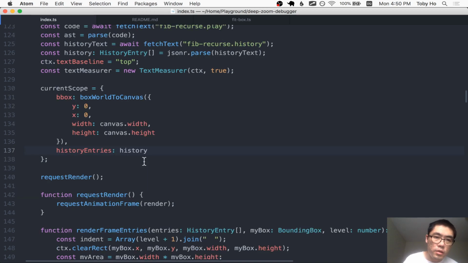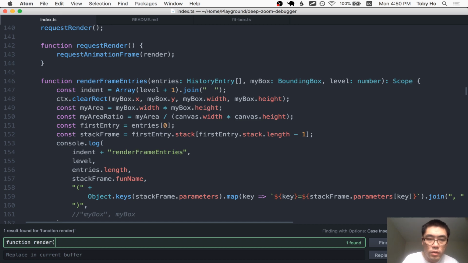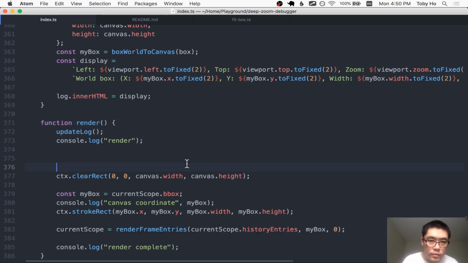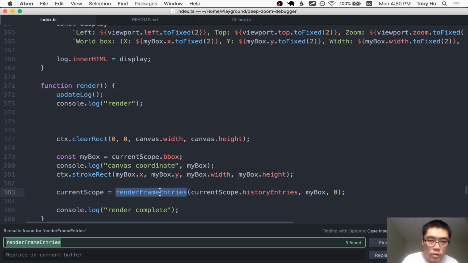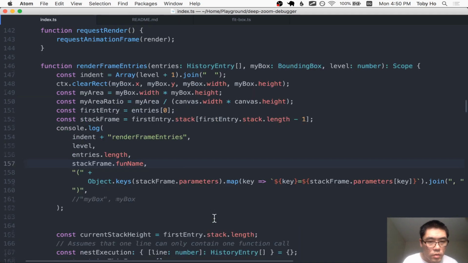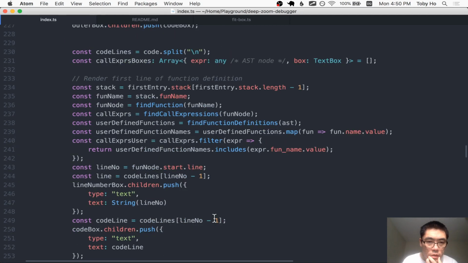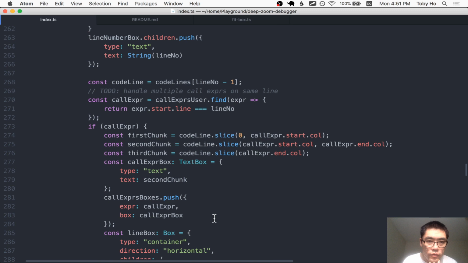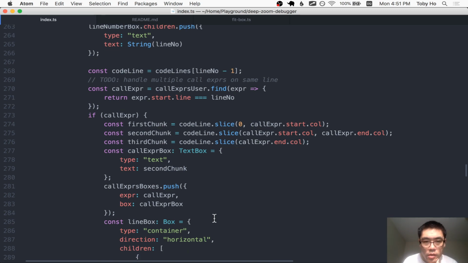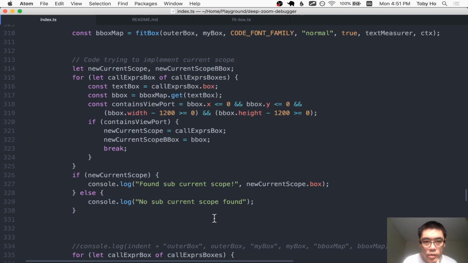And then later, we're in the render frame entries function. Maybe we convert it back. Or no, not converted back, but